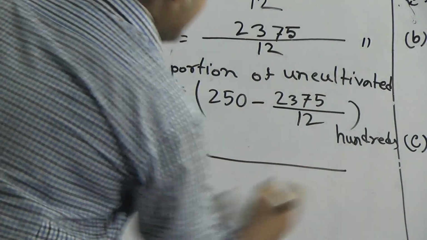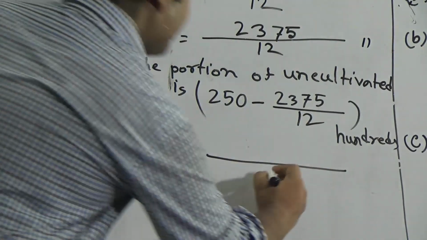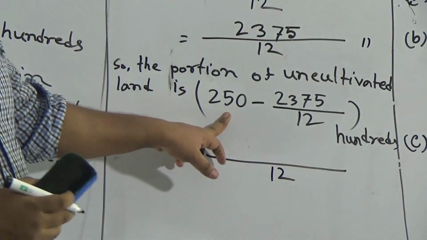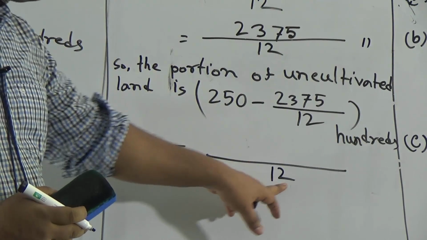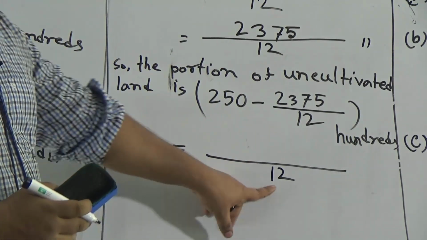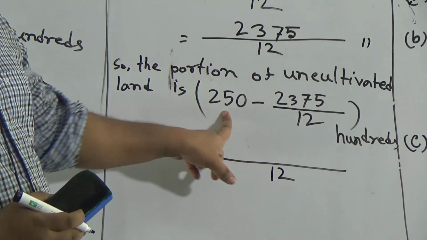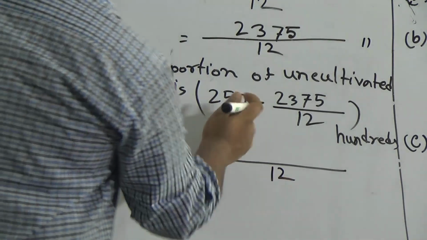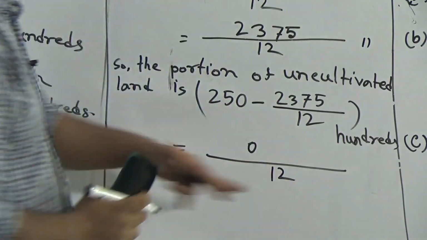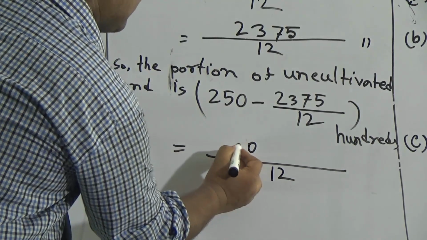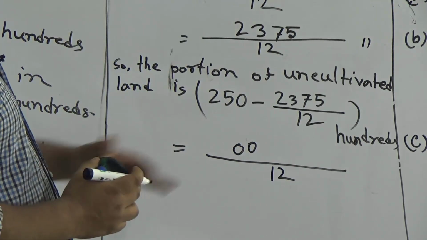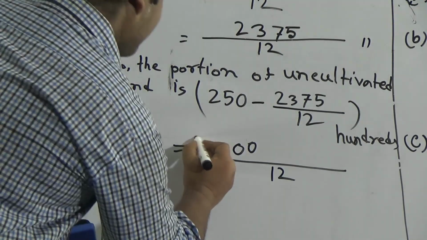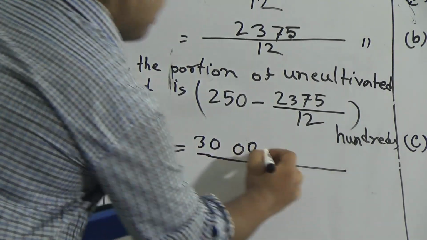My student, now we do subtraction. Here 12 is the LCM, so there is a 1 as a denominator of 250. So we divide this 12 by 1 and we get 12. This 12 is multiplied with this 250. So 12 zeros are 0, 12 5s are 60, carrying 6, 12 2s are 24, and 6 is 30. 3000 minus